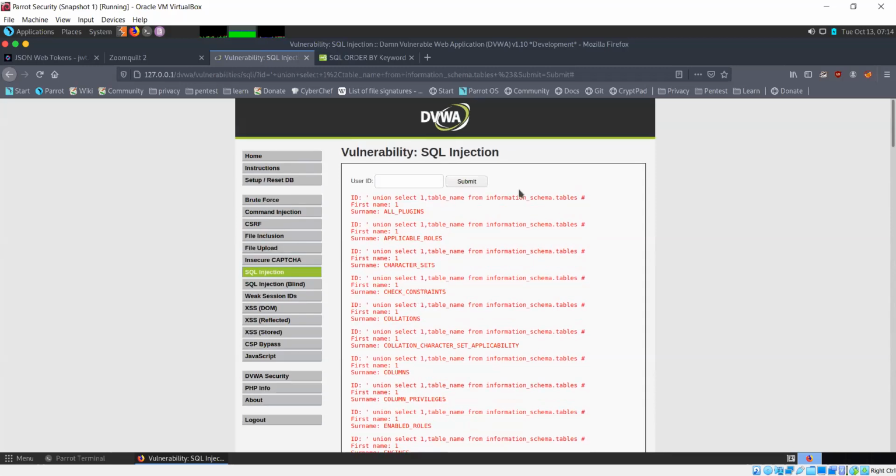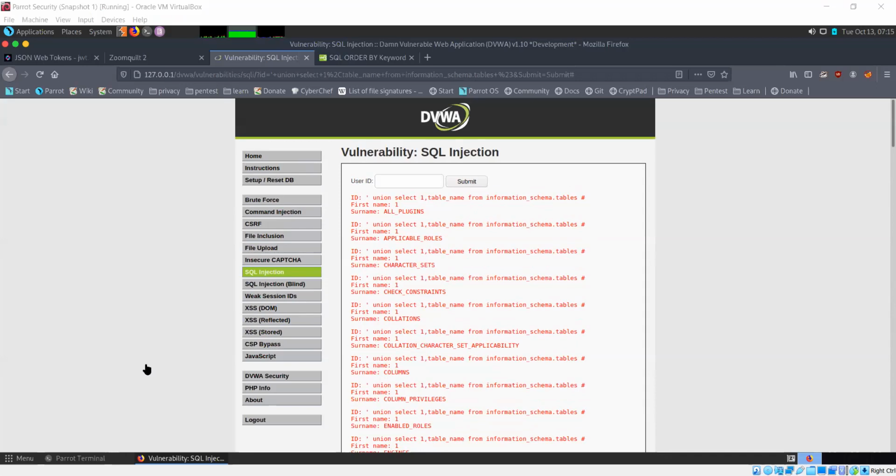So you get all the information about the tables present in the database, and you can see why this is a very critical vulnerability, because this is giving you all the information about the database.